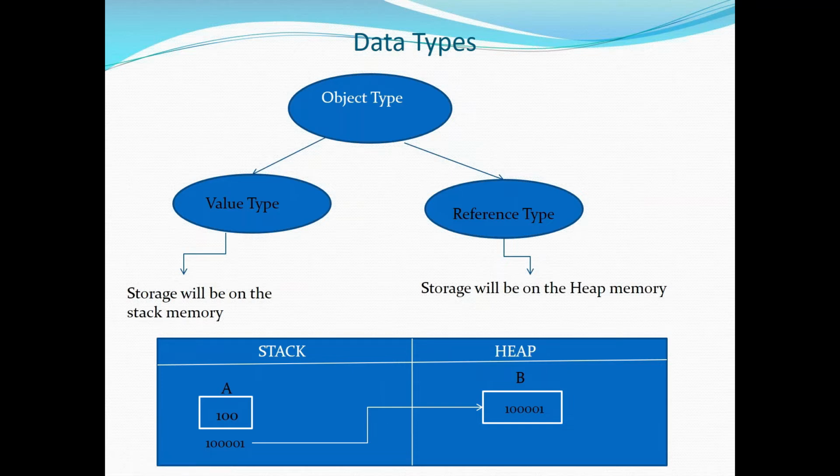If you want to pull data of any data member, any location, first you need to go to heap. When it comes to stack, there might be millions of locations. If you go to stack directly, it's like going to your textbook to find a topic without an index: you'll have to search all the pages one by one, right? If there are 1 lakh pages, just think about your searching time. It will take a lot of time to find a particular topic. The same thing will happen here also.